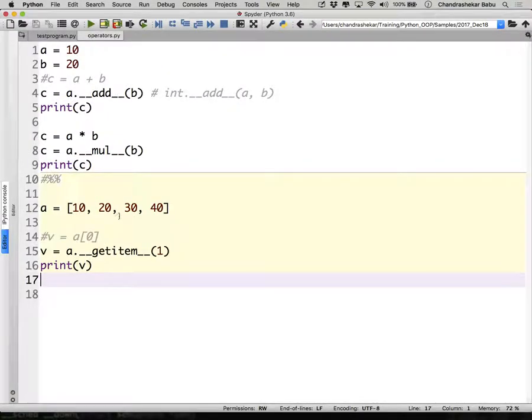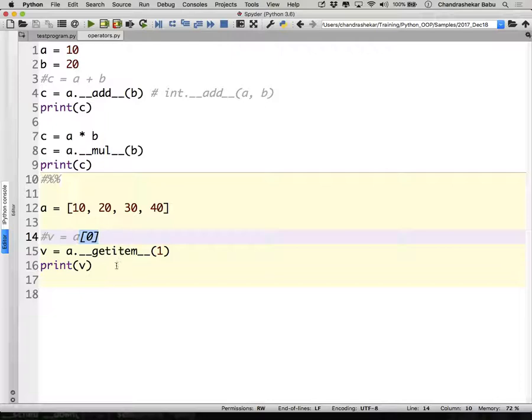Whenever you see a square bracket operator being used in the right hand side expression close to a variable or attribute, this particular attribute or variable has support for a special method called get item. And there will be passed a value as an argument. This works even for a dictionary. When I say V is equal to person of name, with name in square brackets, it becomes person dot get item of name. It's called the get item operator.